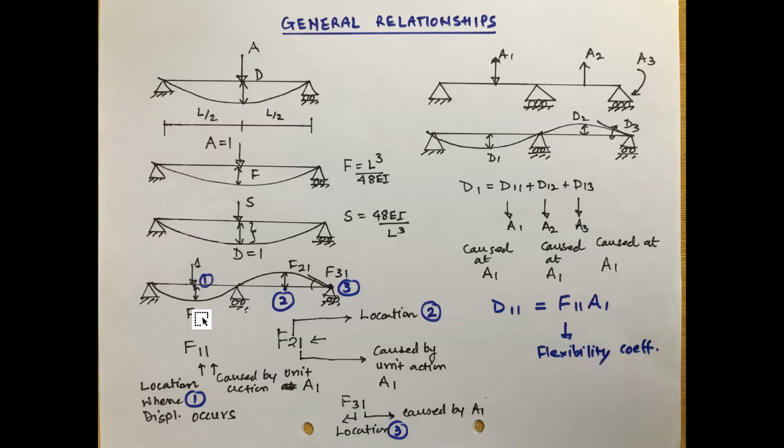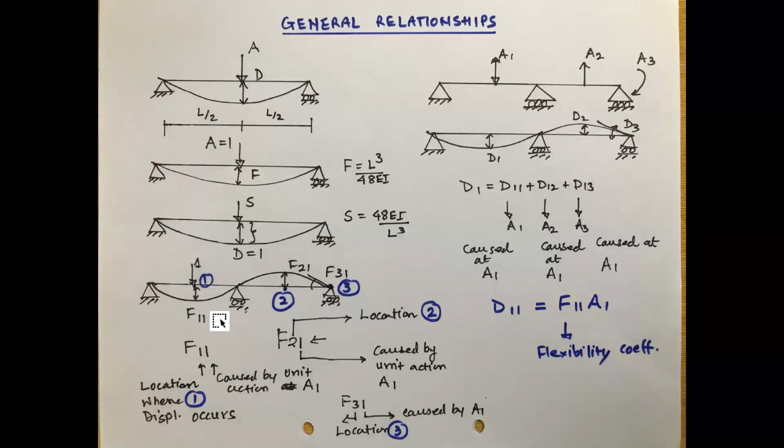But since there are three quantities here, we will consider one load at a time, and there the superposition principle will come into the picture. We will study the effect of one load at a time on the beam. So this diagram is useful, which I have shown here. We are going to study the effect of A1 alone and generate the flexibility coefficients. A1 is because of the unit applied load, so I have shown here the magnitude of A1 is equal to 1, and the flexibility coefficients